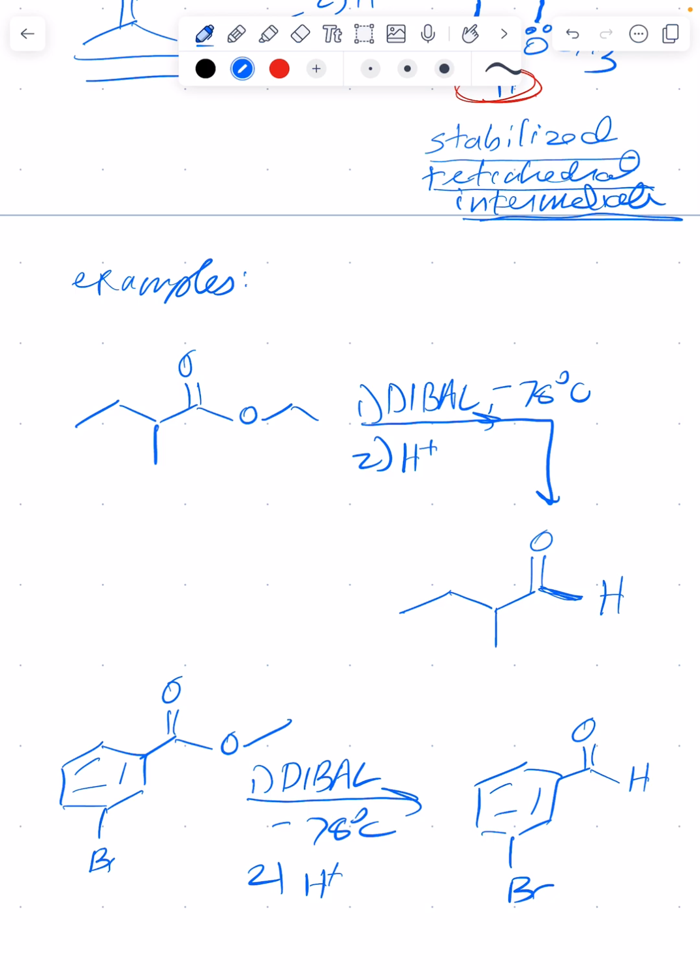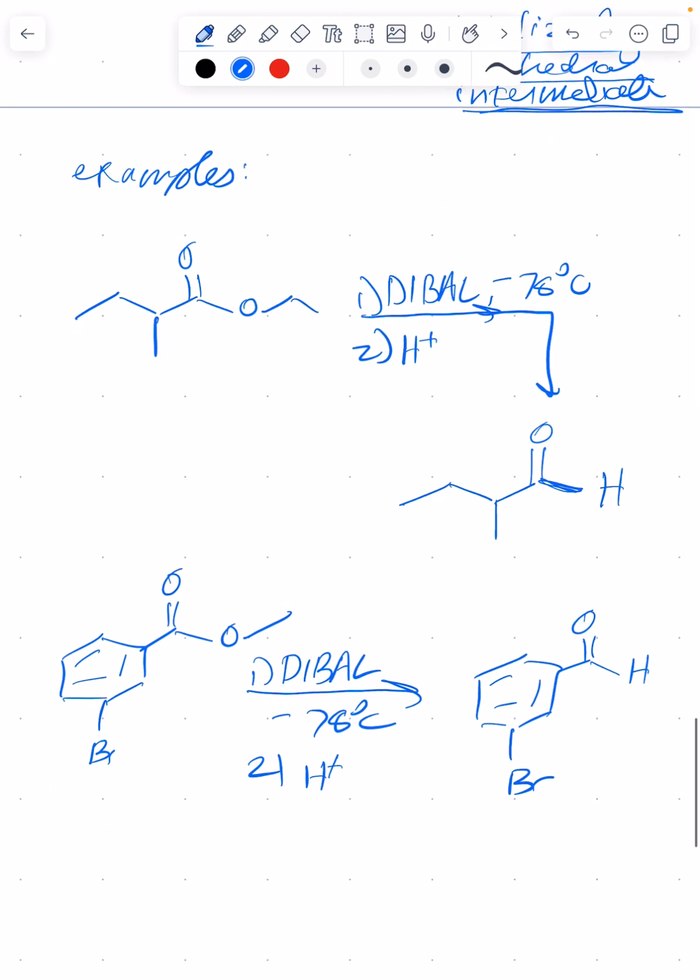So that is how we can go about stopping part way through the reduction and isolating aldehydes from the carboxylic acid ester oxidation state. So we have to use esters, we have to use DIBAL at cold temperatures. Okay? All right, so the last hydride reduction that I want to talk about in this chapter deals with hydride